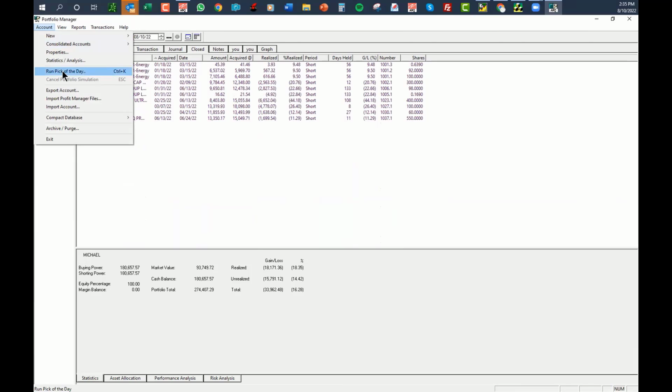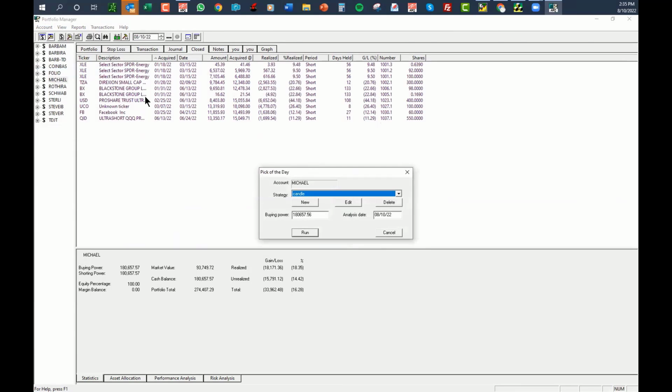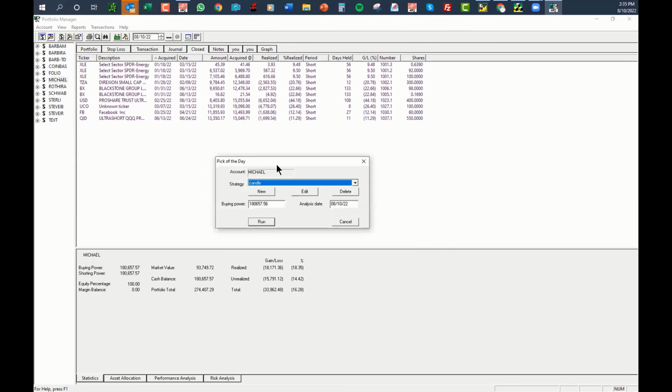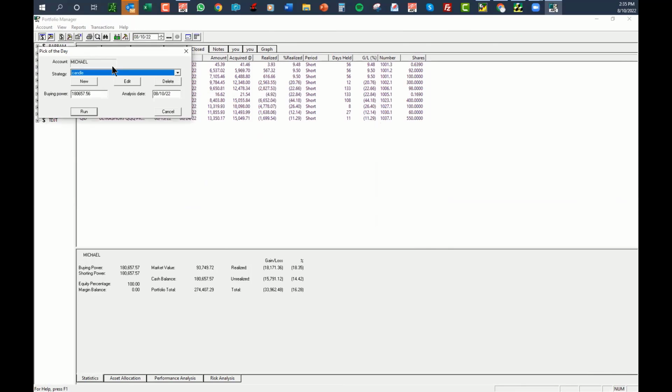Run pick of the day. So if I run pick of the day, it'll actually allow me to run that strategy, which is the candle strategy, every single day. When I click run, I'm not going to do this right now because I don't have the data updated. It'll run the strategy for the most recent closing data you have, and it'll tell you the stocks to